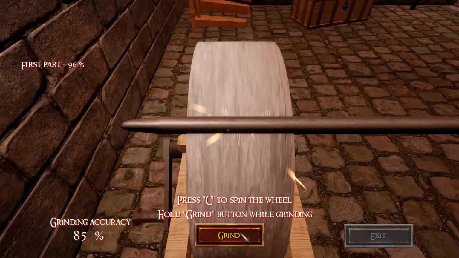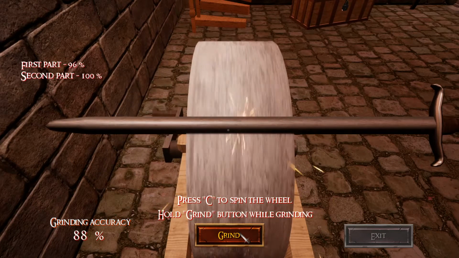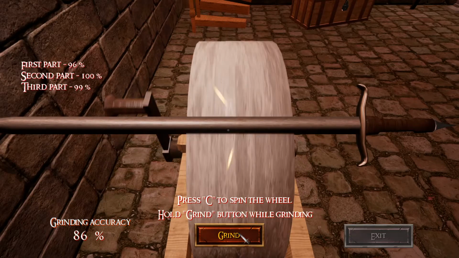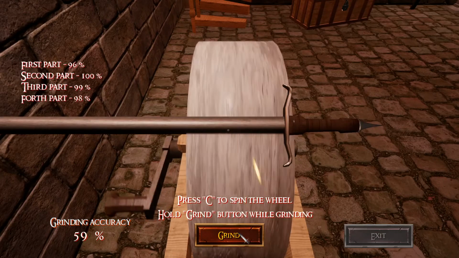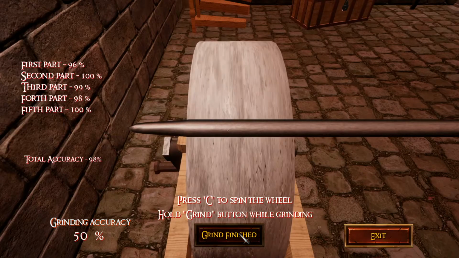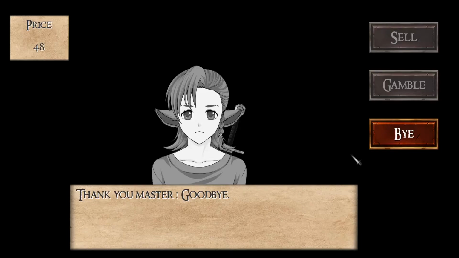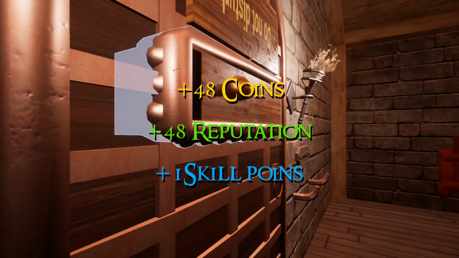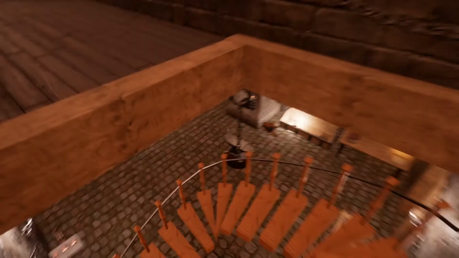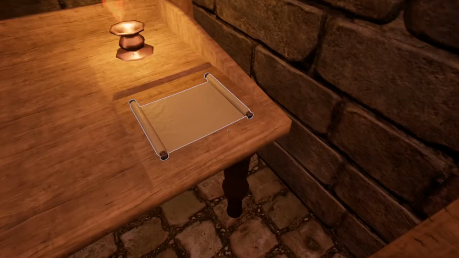96, 100, 99, 98, 100. Total 98, so I'll get 48 gold. Yeah. I think I figured out that the gold basically just depends on how high above 50% it is. So now that I have at least some gold, first I'm going to figure out if this